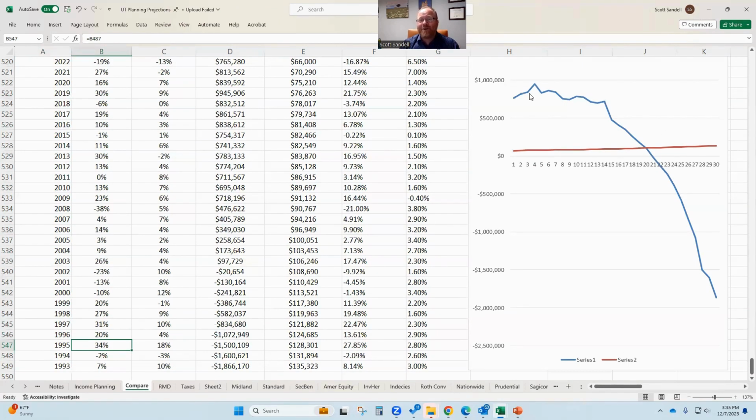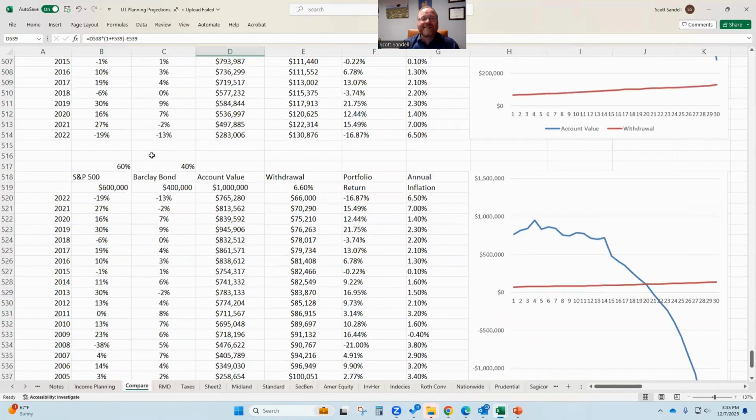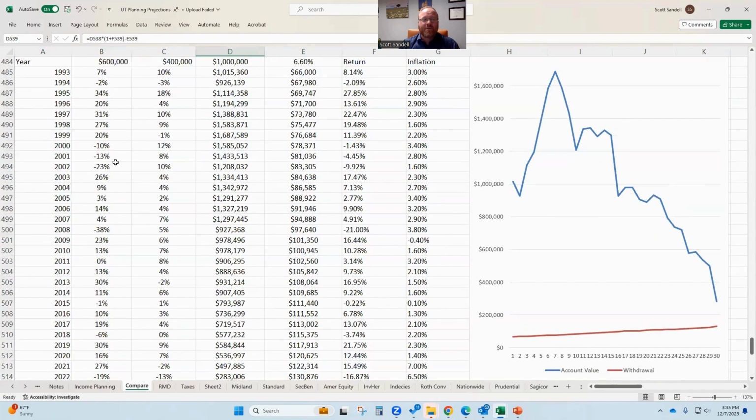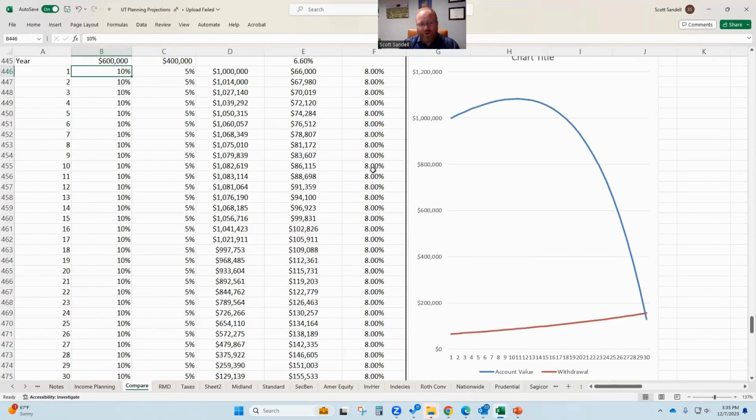It doesn't matter. Your portfolio fell apart by year 18 or 19. You were out, done, broke. The order of returns matters because these are the exact same returns as this one that worked. They're just in the opposite order. Okay? We can play with these spreadsheets all we want, but you have to understand that if you don't have